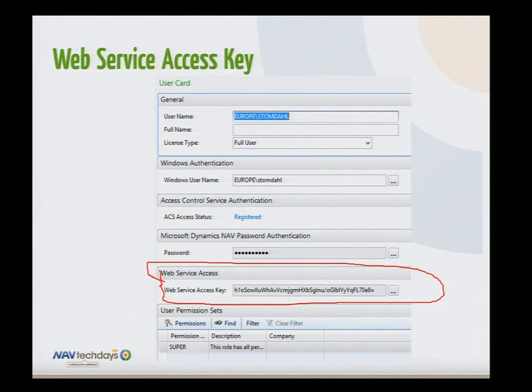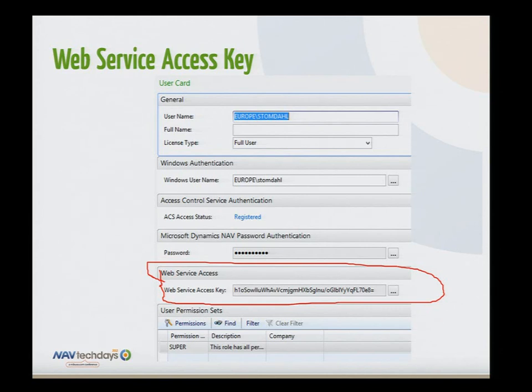And what this case meant for is, if you have configured the system to authenticate either using the NAV user password concept or using ACS, and you want to log in programmatically, so you have a little program running that is trying to log on to web services, maybe OData, request some data and log off again, and all this should be done automatically. Then you probably don't want to store your username and password inside this application, or you don't want to store it inside Excel if you're using Power Pivot.